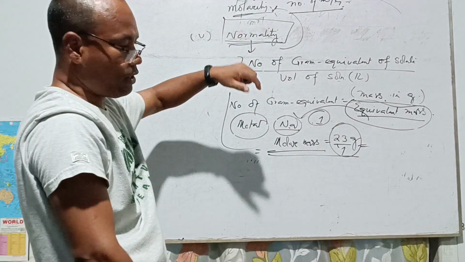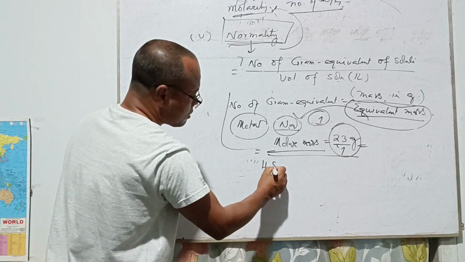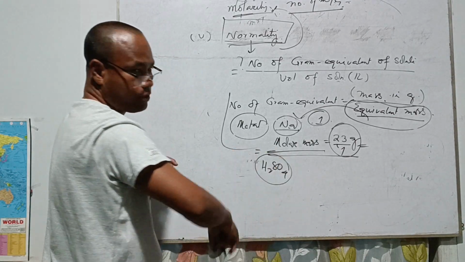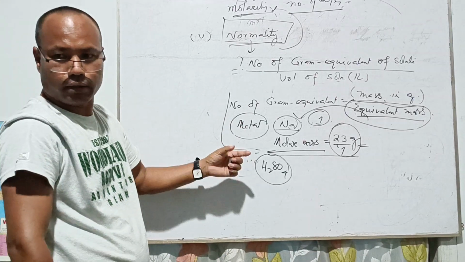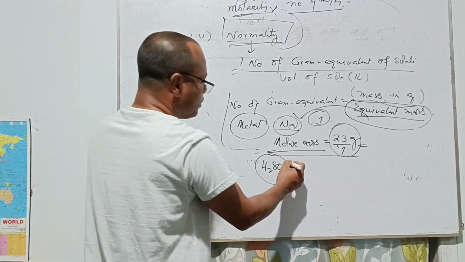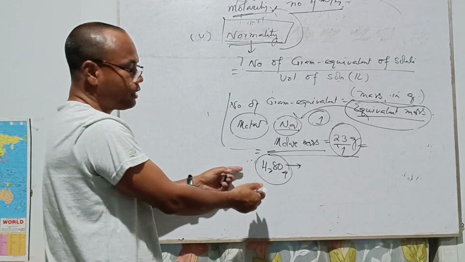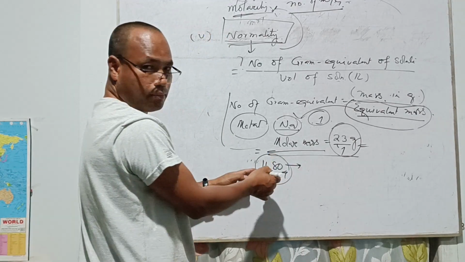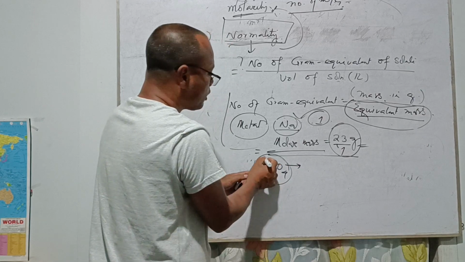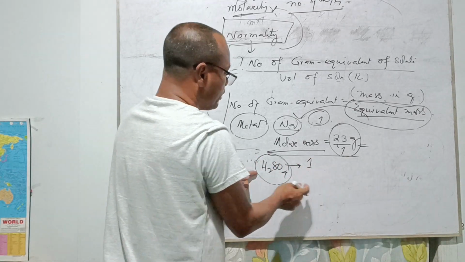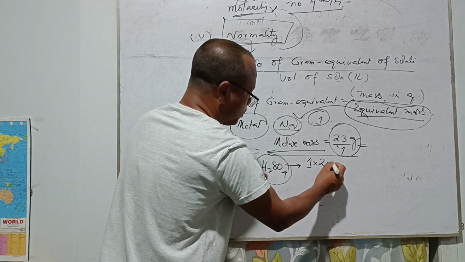Now, in some cases, let me take the example H2SO4. This is sulfuric acid. Now, this is a compound. Understand? This is a compound. So when we calculate the molecular mass of sulfuric acid, how do we do it? One is the atomic mass of hydrogen, which is 1, right? How many hydrogen atoms here? 2. That multiplied by 2, plus